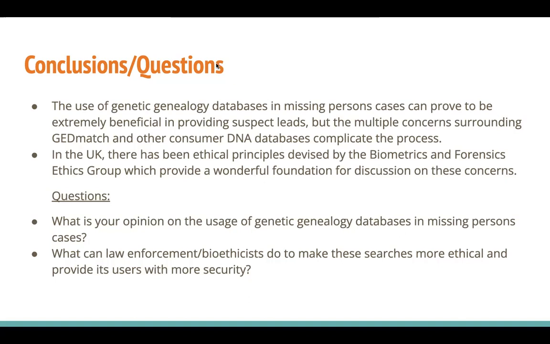I can jump in regarding the second question. I think even past law enforcement, companies like 23andMe and Ancestry could make their terms and conditions a little more readable, because generally it's just huge walls of text that people don't read and just accept, by making it bullet points or something that's a little bit more easily accessible, and having the people who've already done it sign it again, and make the earlier ones void to be used by researchers or law enforcement. I think that's sort of the first step in gaining better informed consent for the data to be used